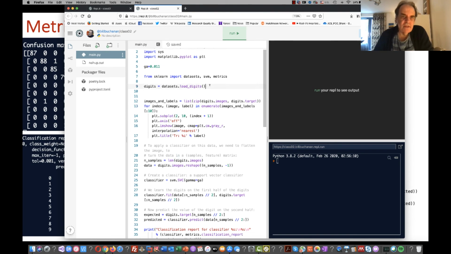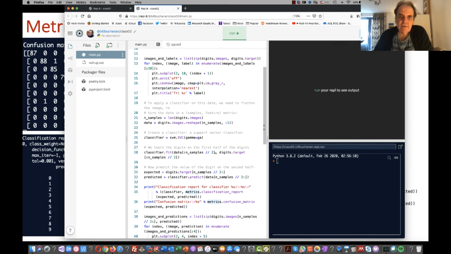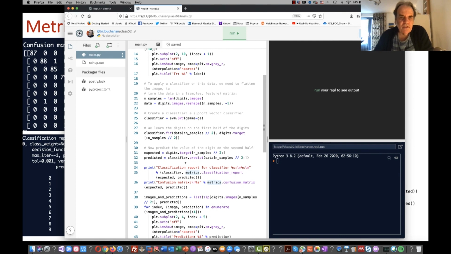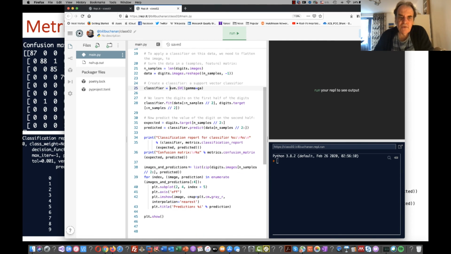Okay, so we're using a standard data set in there, sklearn, and we're going to use SVM for our model, and then we're going to import metrics to be able to get the result. Okay, so in this case we run this SVM model and then do our classifications. This is our confusion matrix here.